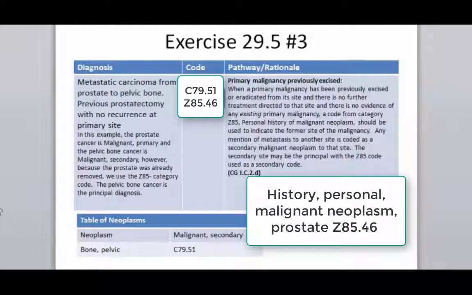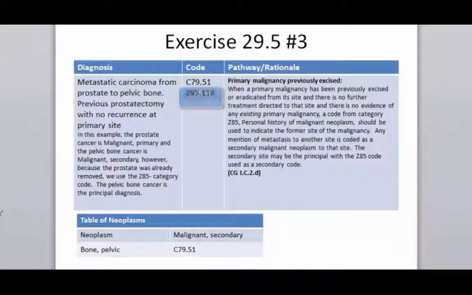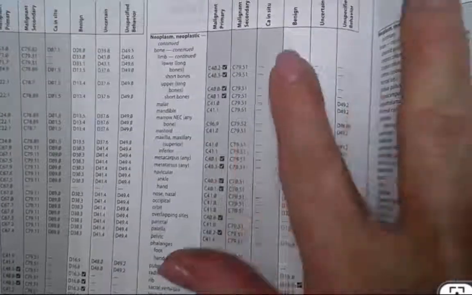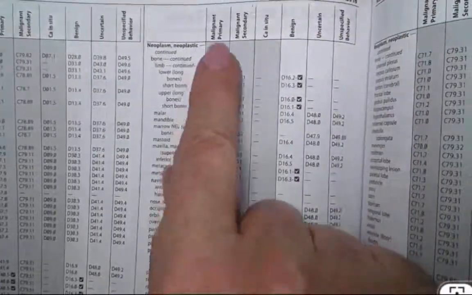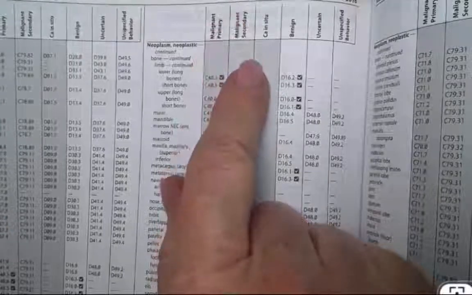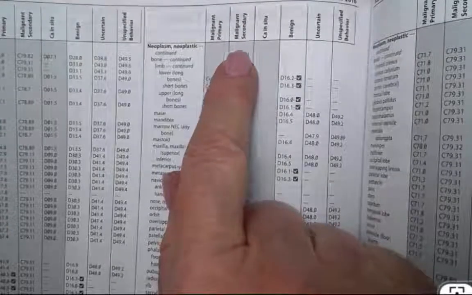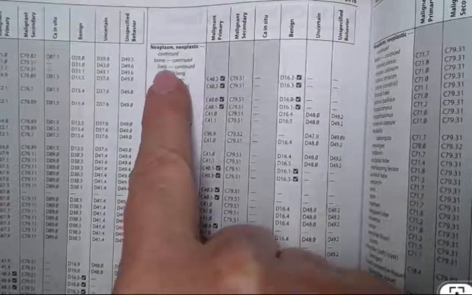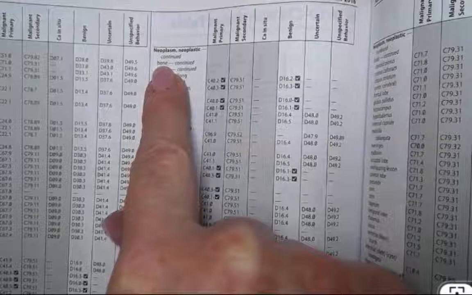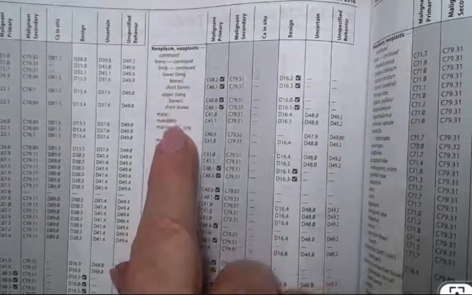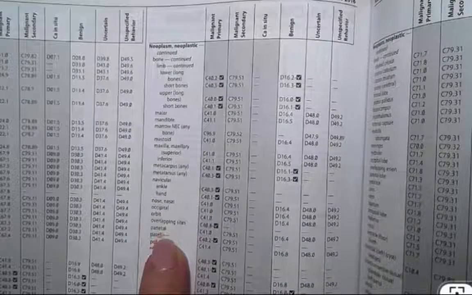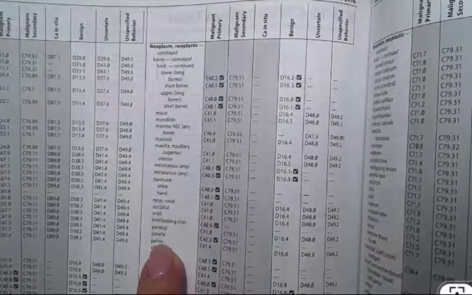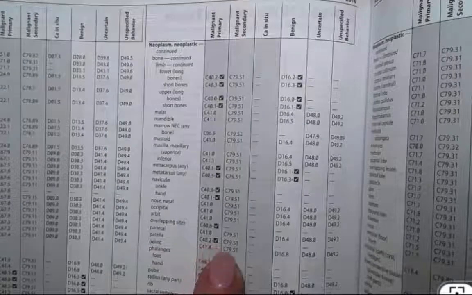C79.51. I want to go to this table of neoplasms just to remind you again, be careful which column you're in so you read the right column. So we're in the table of neoplasm. We have malignant primary, malignant secondary. We know that this pelvic bone cancer is malignant secondary, so we're going to use the second column. Go down. We're in bone. See here? This is our primary term right here. Come down. We're looking for pelvic. Second column,